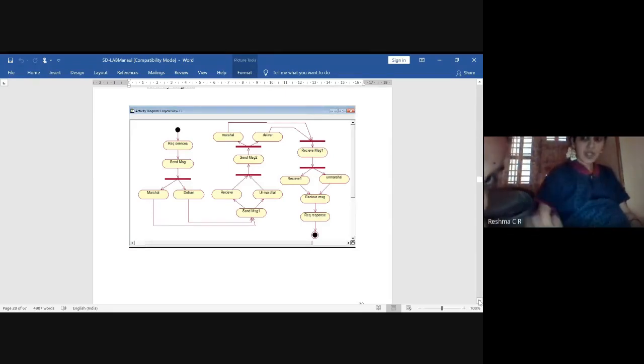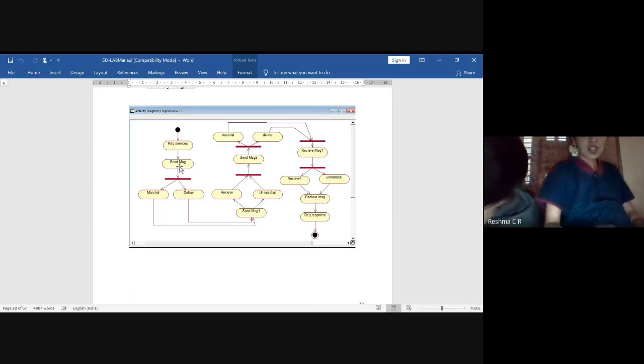Next we have an activity diagram. In the activity diagram, we are in the initial state, it will request the services and send the message. Here, the same process will be forked into two different processes simultaneously. It has to encapsulate the message and deliver it to the intended person.